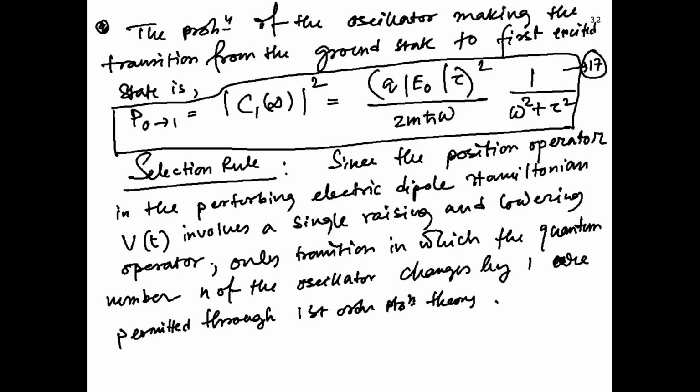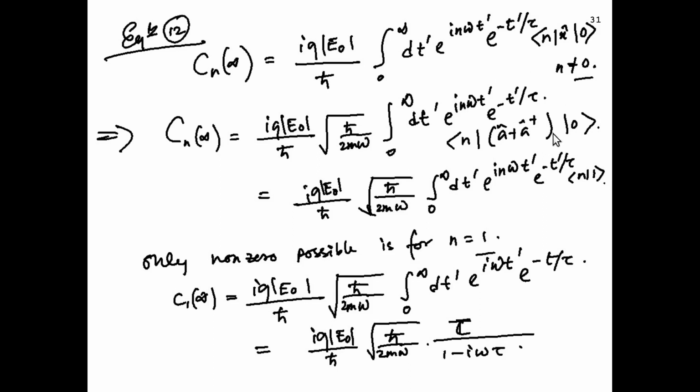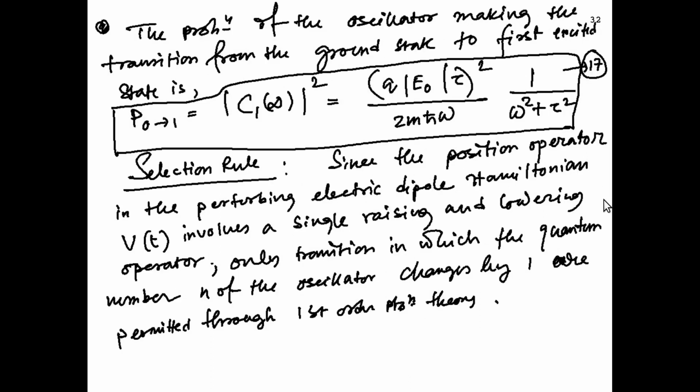Now, where does this selection rule come from? If you step back and look at this problem from a little distance, you will see that the selection rule comes from the form of the disturbance, because in this problem the potential, the x, appears in this linear form. That is why you get this kind of selection rule. If this had been a square or cube, you would have gotten some more selection rules.